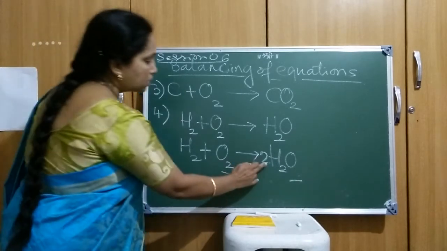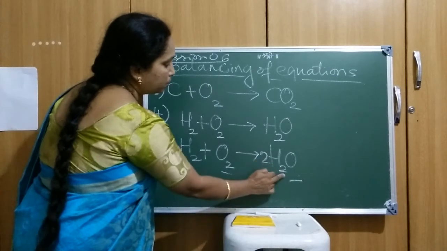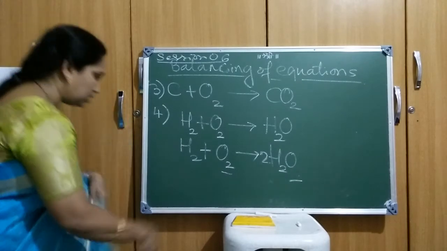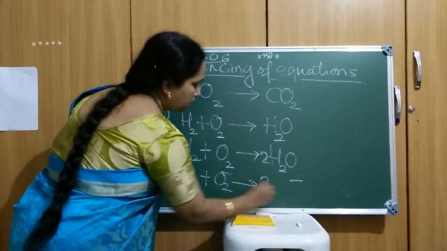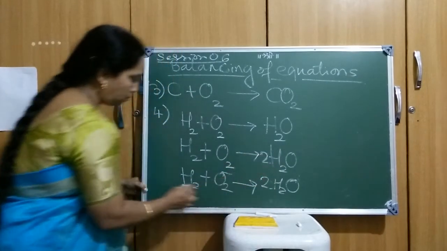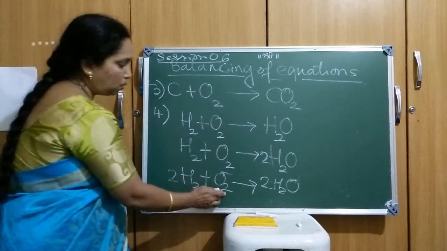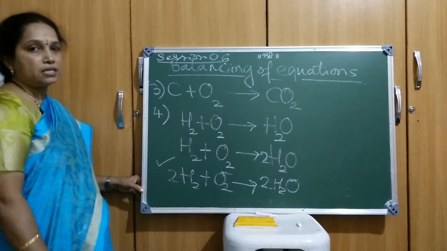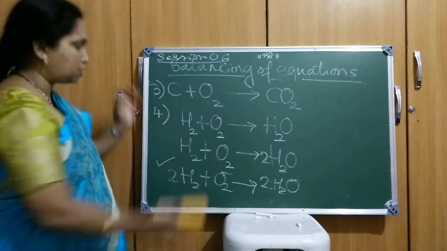What about the hydrogen? If you see the left hand side, only 2 is there. But on the right hand side, 2 into 2, it is a 4. Therefore, the hydrogen has to be balanced now. So for that, you write down the equation first: H2 plus O2, and here 2H2O you have written. Now what I'll do? 2 into 2 is 4, so I'll make it a 2. Right. So you can see that 2 into 2 is 4 hydrogen and 2 oxygen. Now this is the required balanced equation. I hope it is clear. Now we will move on to the next one.